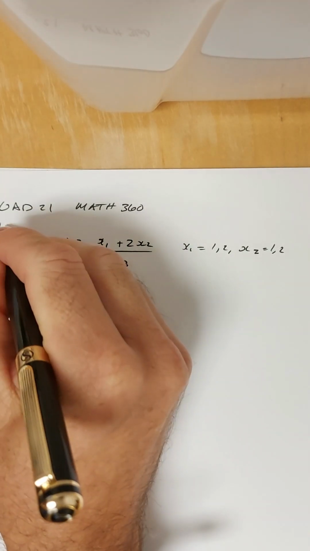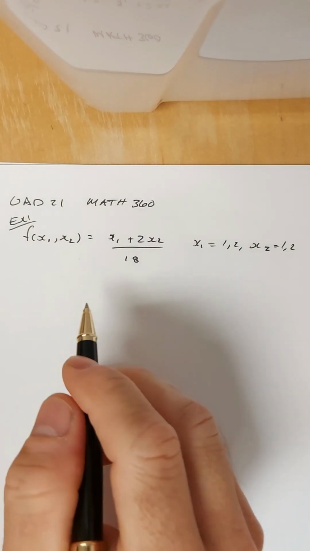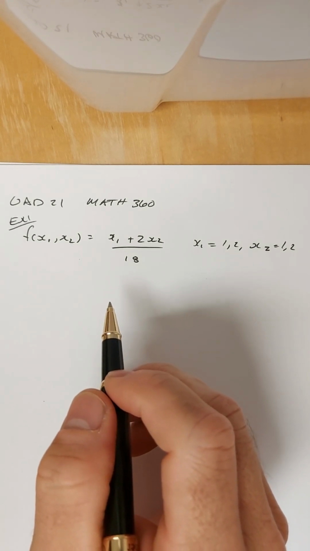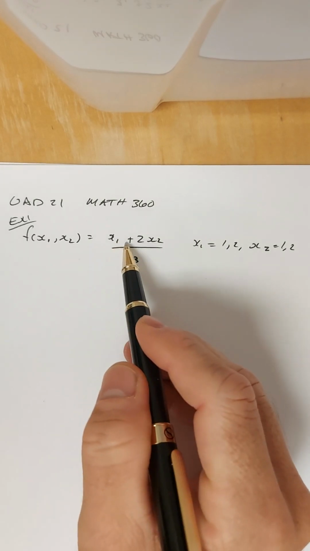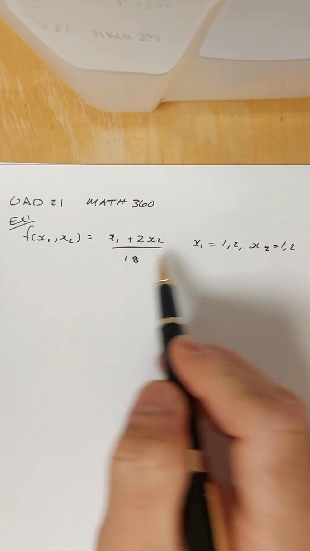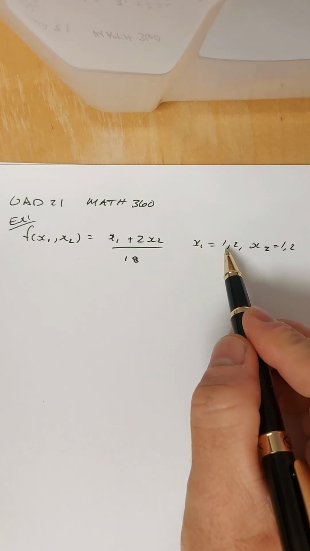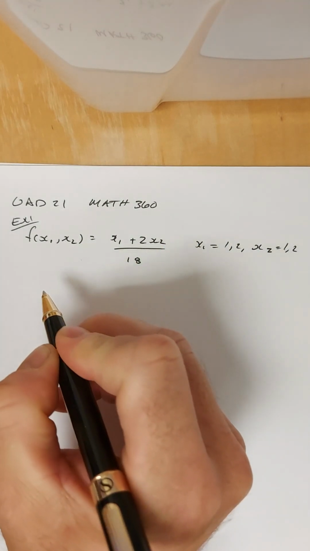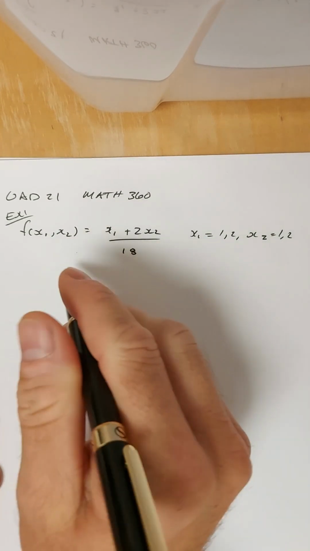So this is example 1. In this example, we are given the joint PMF of x1 and x2 for two random variables. The joint PMF is (x1 plus 2x2) all over 18, and x1 and x2 are able to take on the values of 1 and 2 respectively. With this joint PMF, let's go ahead and compute then the